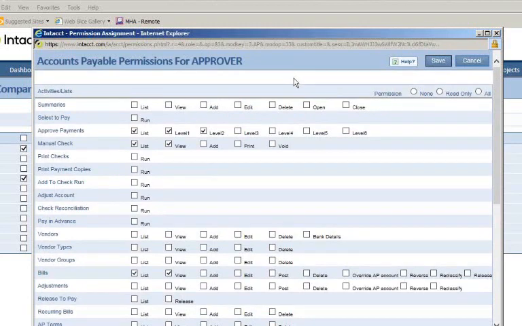Now, also, by the way, Intacct has also made it available for individuals to get email notifications onto their smartphones and have the ability to follow a link back into Intacct that is specially designed for smartphones in order to go through the approval process. I cannot very well show those screens to you here, but it is a very easy process, and especially for someone who might be an